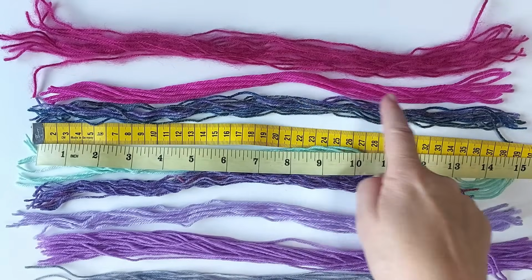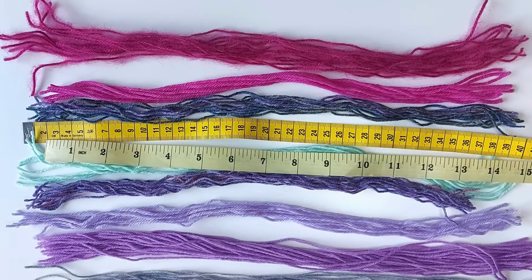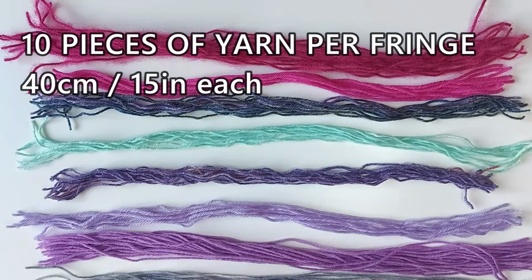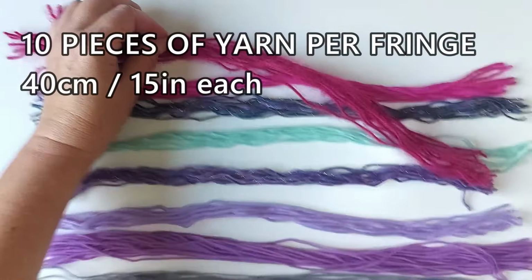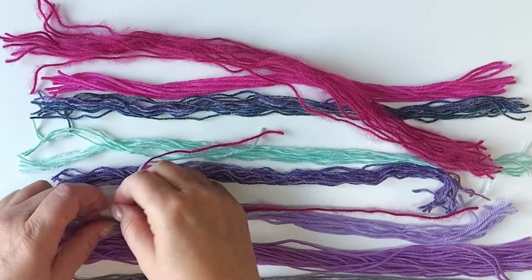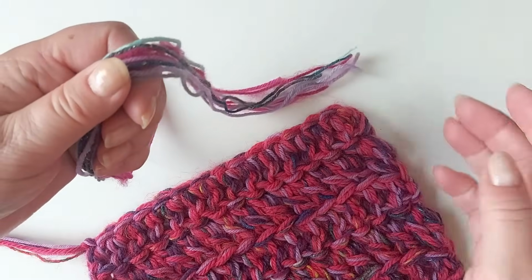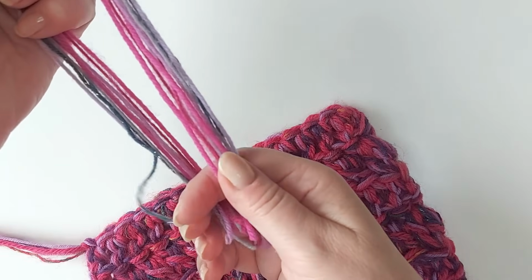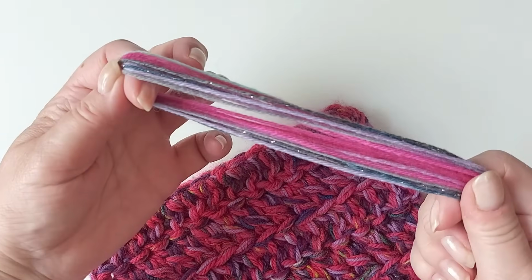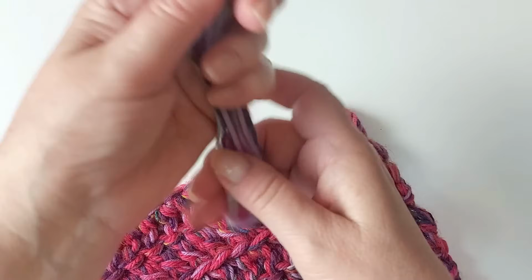Next, I cut pieces of yarn to make fringes. You can of course make them any length, but I cut them to 40 centimeters or 15 inches. And I'll pick 10 threads, yarns for each fringe. I'll select slightly different yarns for each fringe and then fold it into 2. You can of course make it thicker, have far more yarns than the 10. And fold it into 2